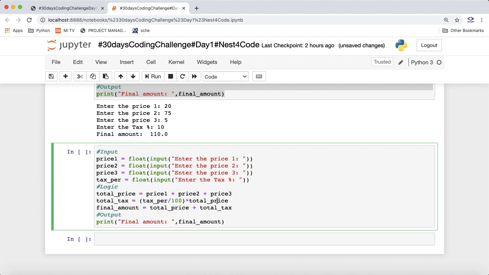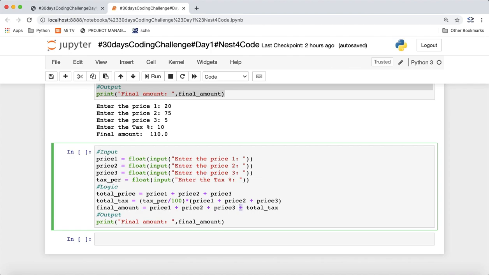Here we can just put the sum of the prices directly. We need to be careful with these brackets because of operator precedence: if we remove these brackets, multiplication has precedence over plus, so it will not work as expected. So we'll use brackets here also, and replace this part with the price sum.